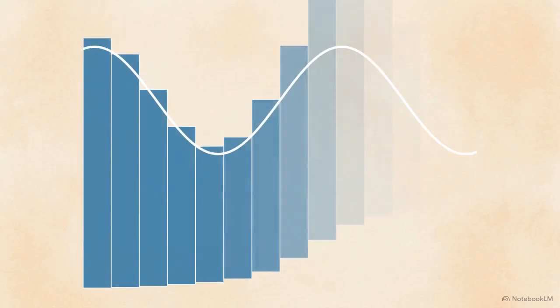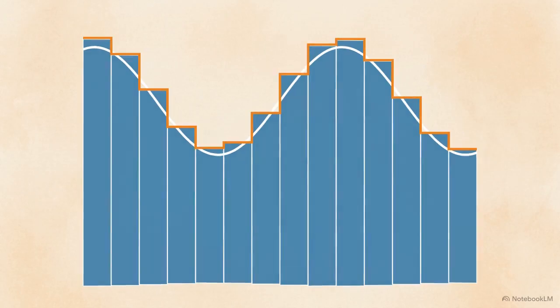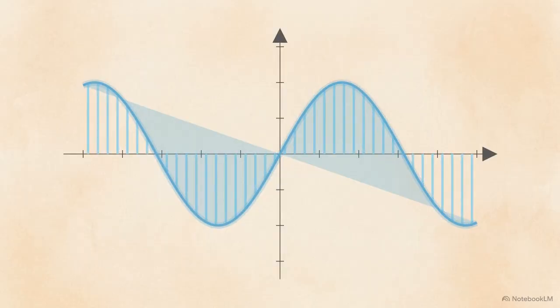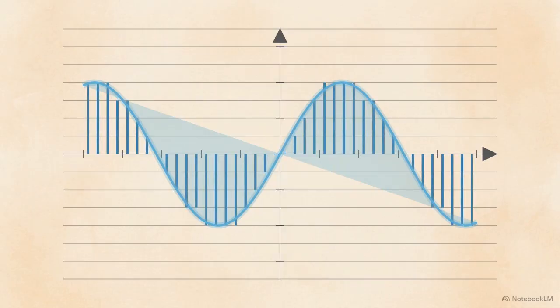Imagine trying to build a perfectly curved skateboard ramp using only rigid, rectangular building blocks. No matter how carefully you arrange them, you can't create a perfect curve. You can only build a staircase that mimics the shape of a curve. To store music, a computer has to do exactly that. It takes that perfectly smooth analog wave and rebuilds it from scratch as a rigid mathematical staircase.